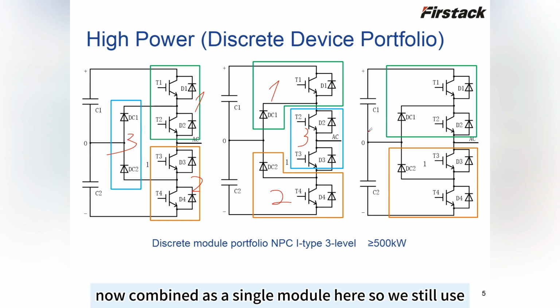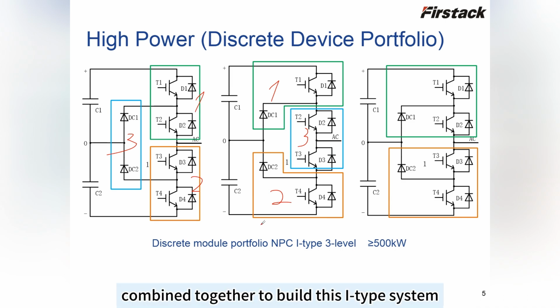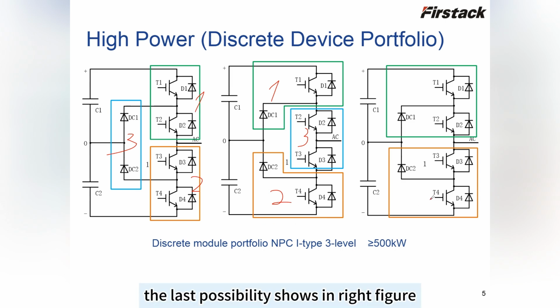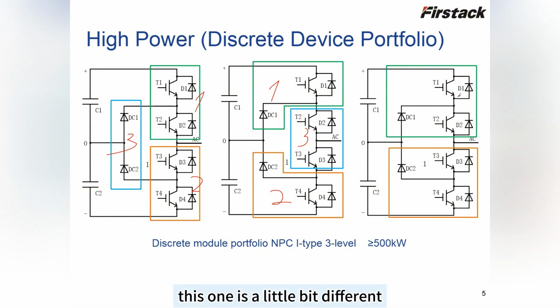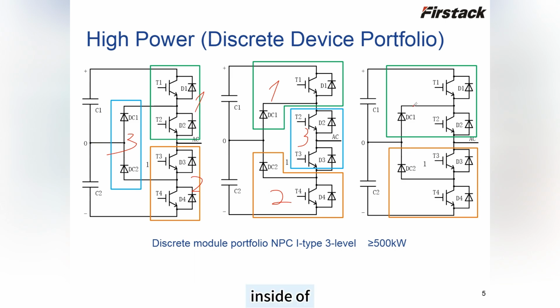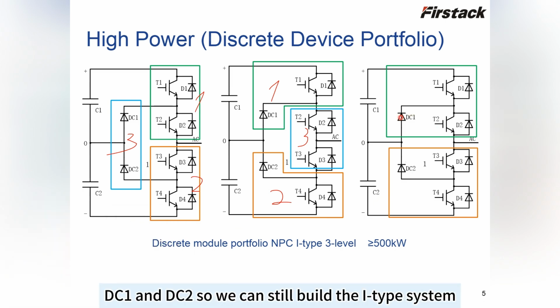So we still use 3 modules combined together to build this I-type system. And the last possibility is shown in the right figure. This one is a little bit different. We use only 2 single modules here, but inside them we put DC1 and DC2, so we can still build the I-type system